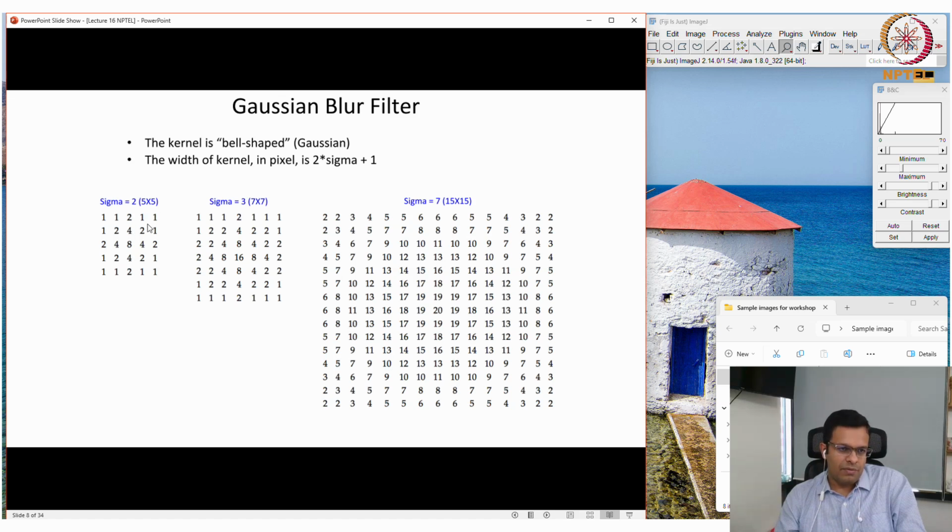So when I apply the sigma value 2, this kernel will move on my image from the first pixel to the last pixel, and it will multiply the pixel values with these values. Then it will take the sum and use that amount as the pixel value for the first pixel of that image. This kernel will be moved over the entire image like this, and the values obtained will make another image, and that is your filtered image. So this is how the filtering process works.